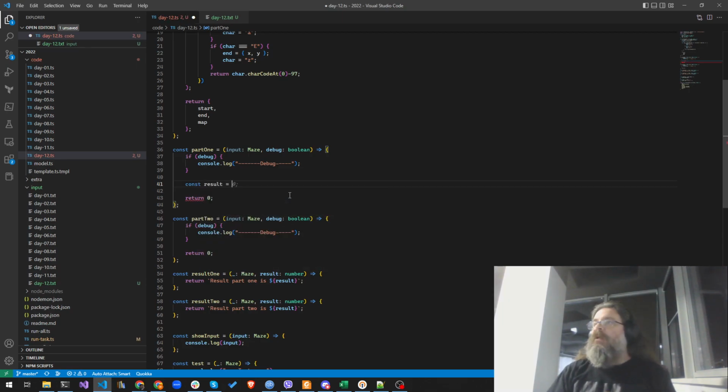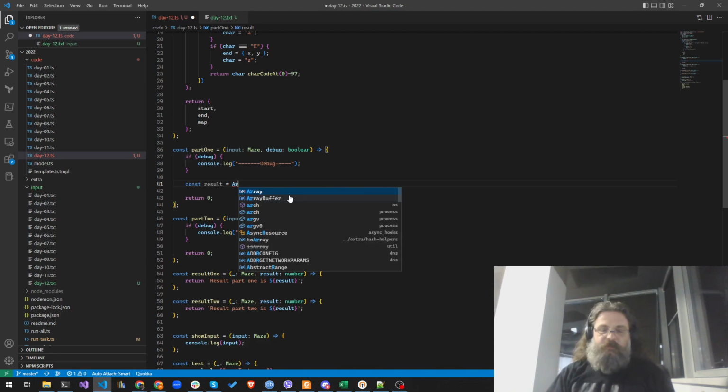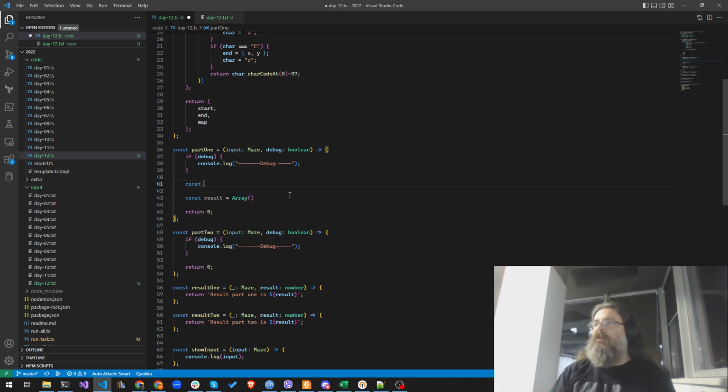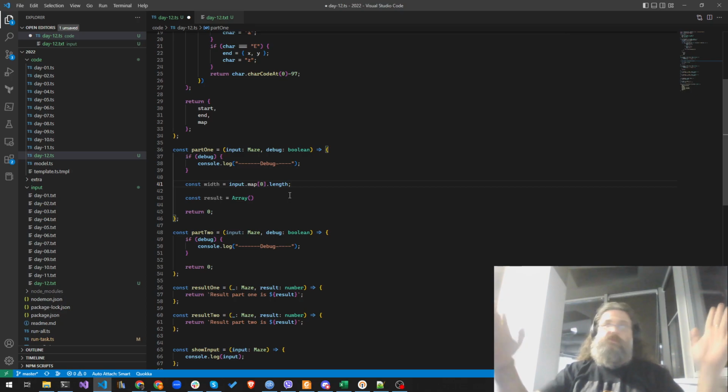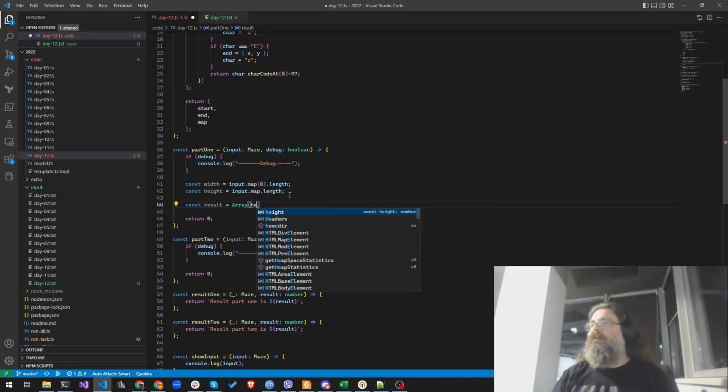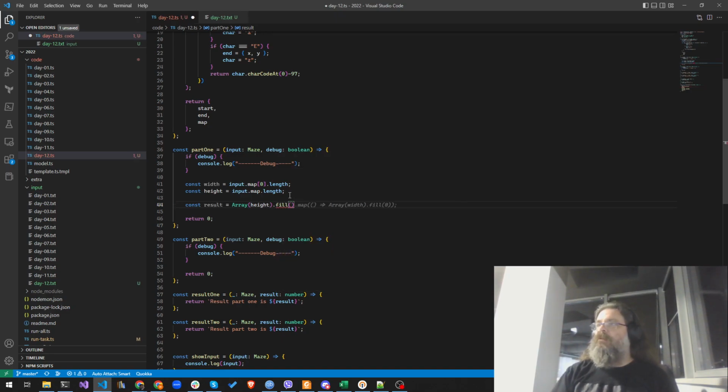Let's see, we need to extract how wide the map is. It's the length of the first element, and how high it is is the length of the map itself. So we're going to create an array that has the height of our map and fill it with zeros,